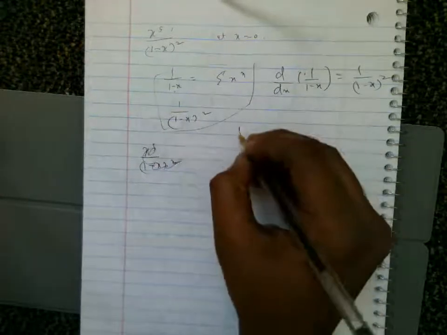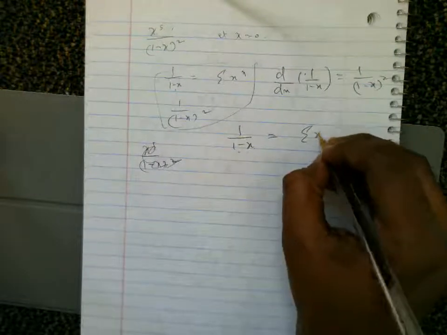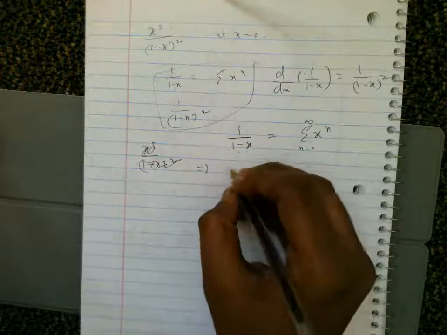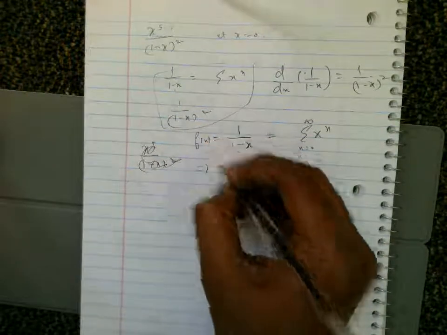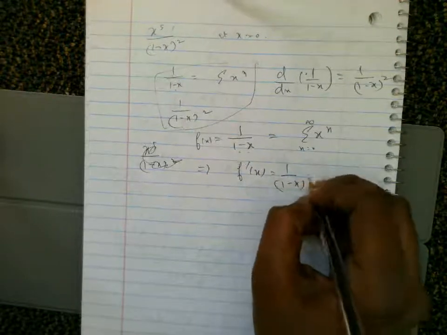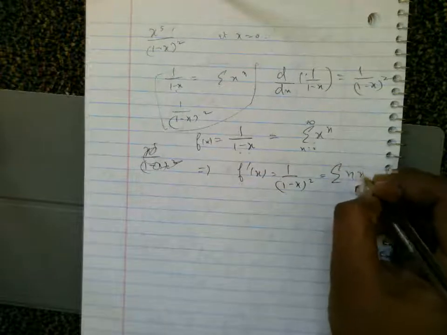So as I was saying, you know that the power series expansion of 1 by 1 minus x is summation x to the power n, running from 0 to infinity. That means if this is f of x and you take the derivative of this, you get 1 by 1 minus x whole squared, which is equal to the summation where you just take the term by term derivative of this.